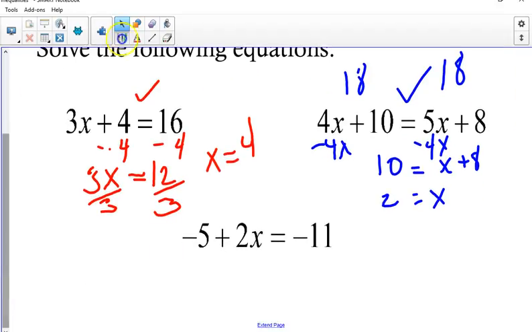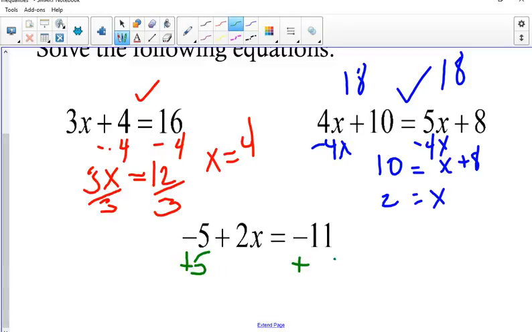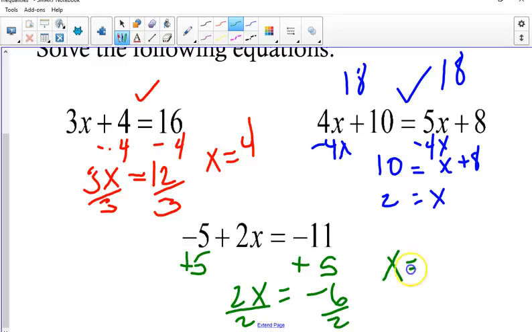There we go. So we'll do our one more. Again, we only have constants, so we'll get rid of this one, always doing the opposite. And then we have 2x, and then a negative 11 plus 5 is a negative 6. Divide by 2, divide by 2, x equals negative 3. So negative 3 times 2 is negative 6. Negative 6 plus 5 is negative 11. Again, that checks. So now that we've had a quick review on solving equations, let's move on to what we're